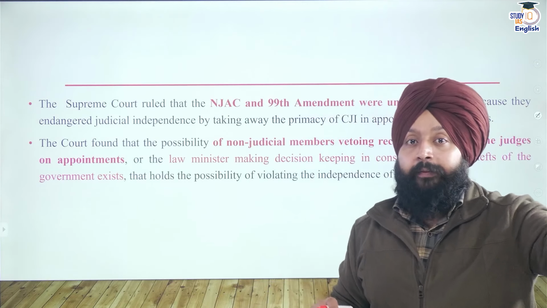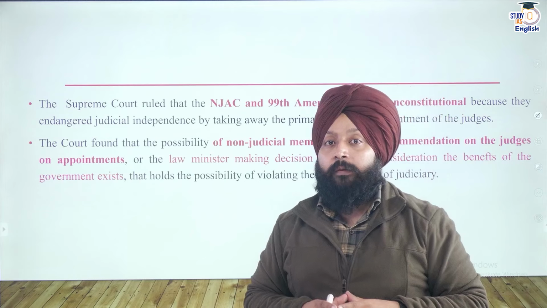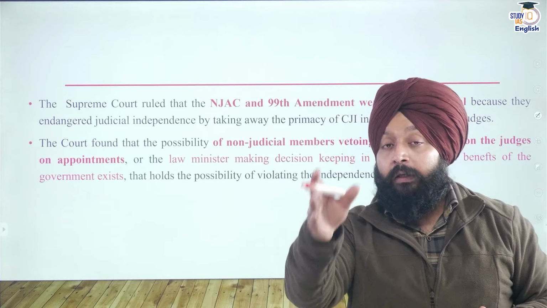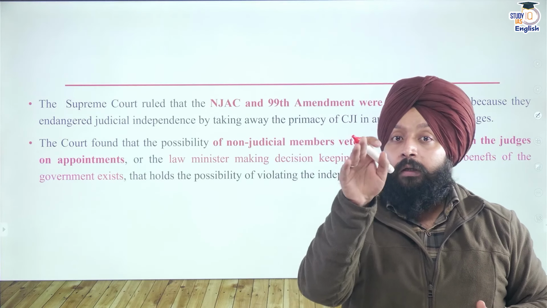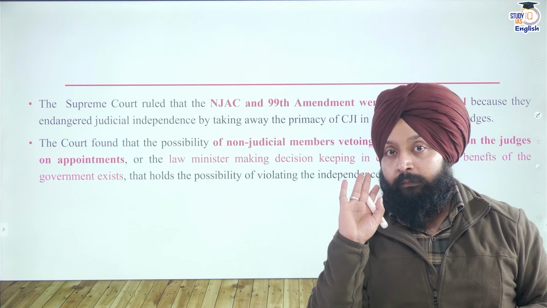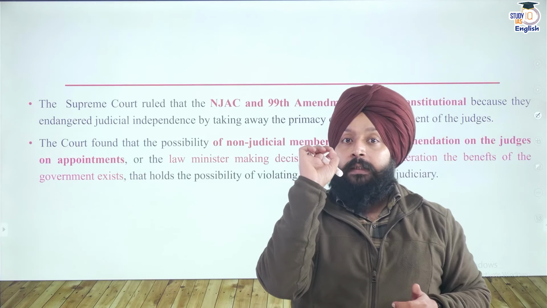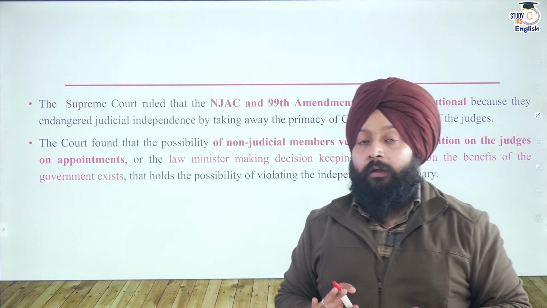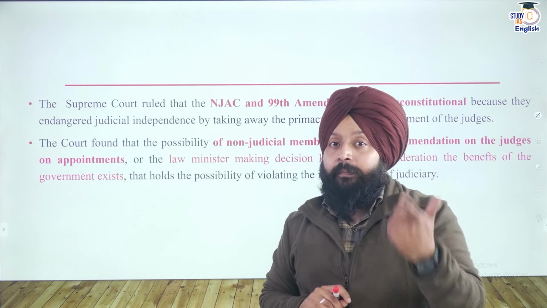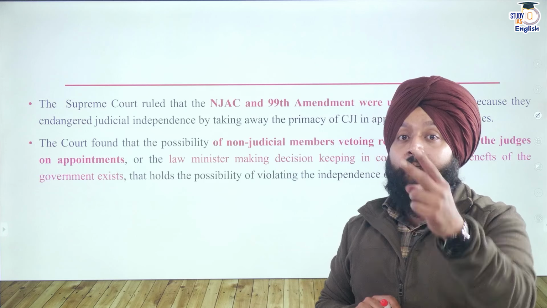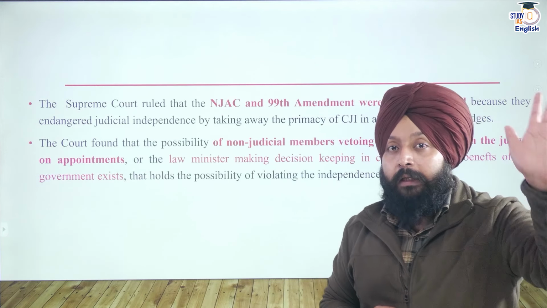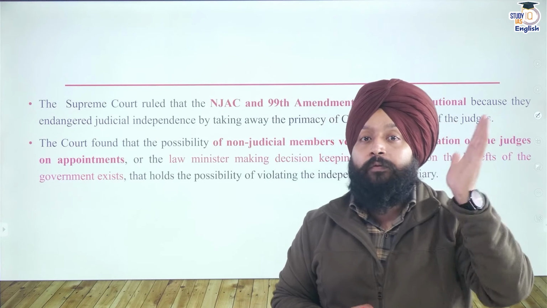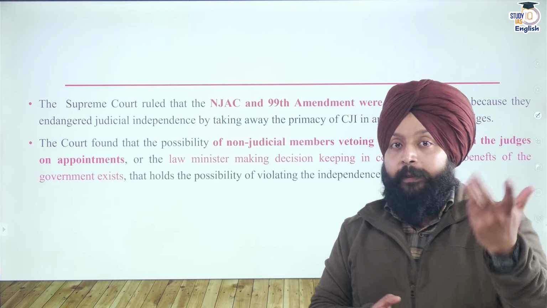will be judges and 3 will be from a non-judicial background. So there can be a possibility that the people from non-judicial background can, because 2 people had veto power. If 2 people stated that a particular selection will not be made, the selection will not be made. So the Supreme Court stated it can be possible that the 2 eminent personalities can veto the proposal given by the Supreme Court judges. That means the primacy of judiciary in appointing judges will be taken away.